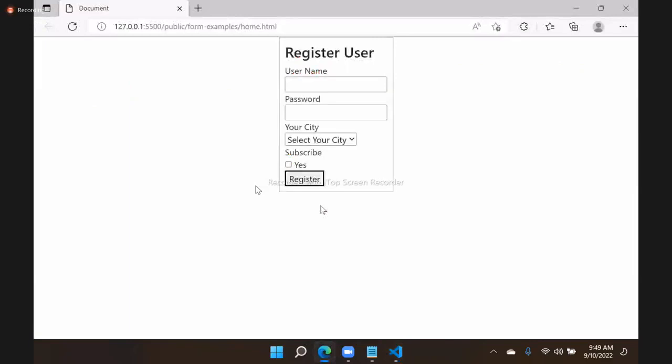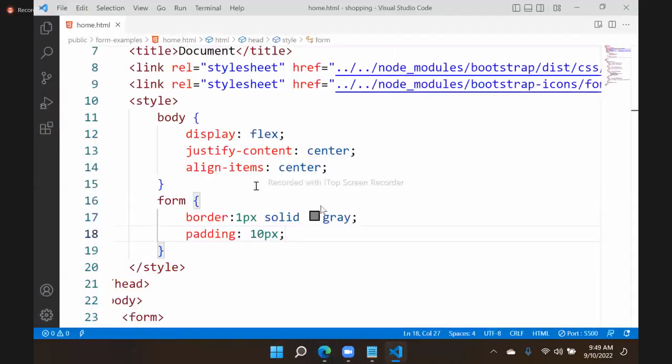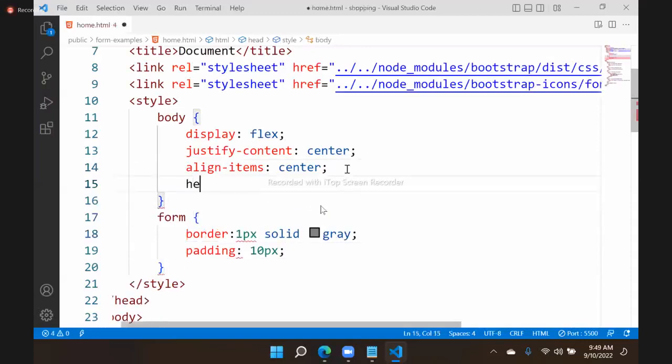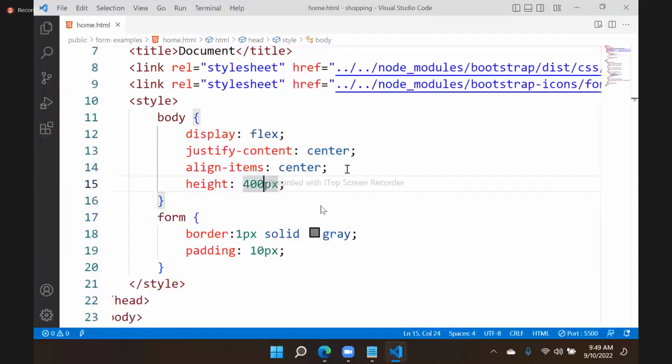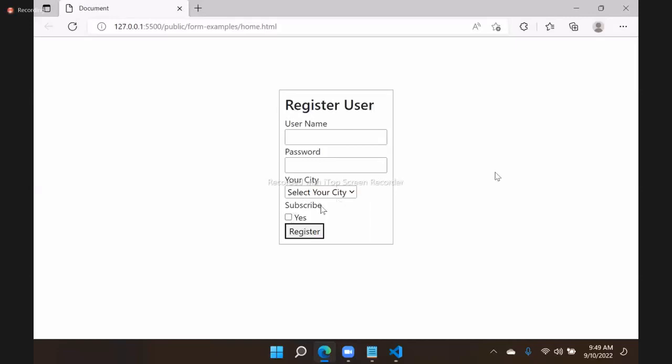And vertically it is not center. Vertical centering depends on height, right? We have to define a height, some 400 pixels, then it will adjust. Height some 500 pixels for the body, then it will be a little better. Now this is the basic form we created,